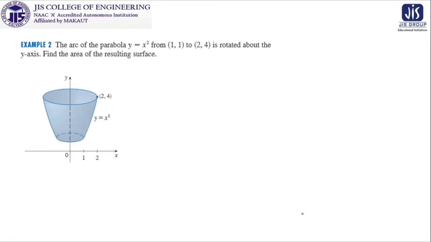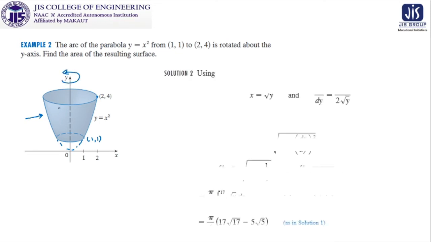Now the parabola is y is equal to x square, and this is our y equal to x square. If we just continue it, we will get this y equal to x square over here. But it is not asked. Asked is from (1,1) to (2,4). So (1,1) is this point and (2,4) is this point. So when we are trying to find it out, our surface will be in this blue form. And as it is rotation with respect to the y axis, this is generated.